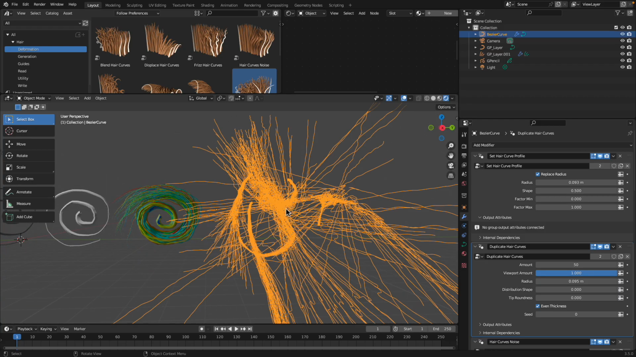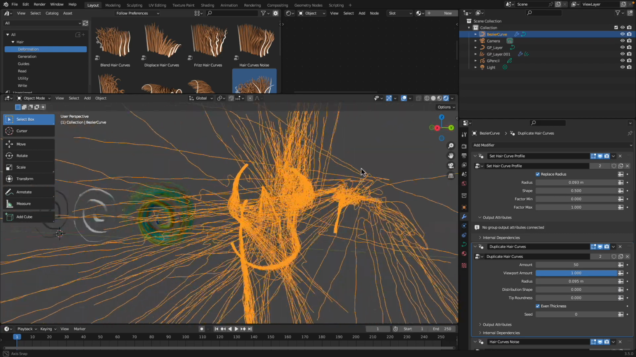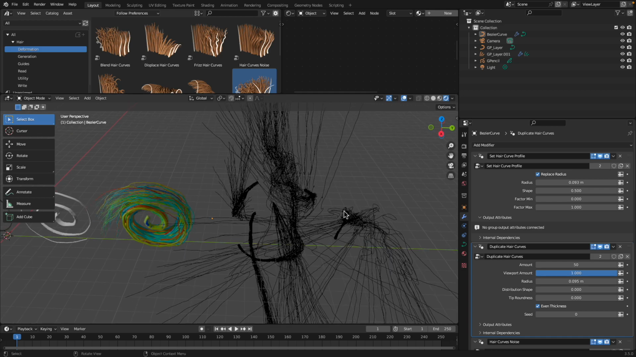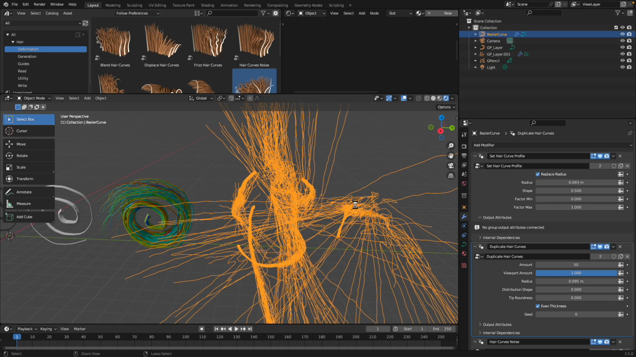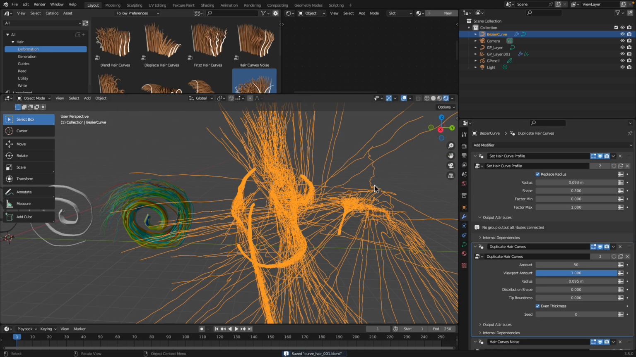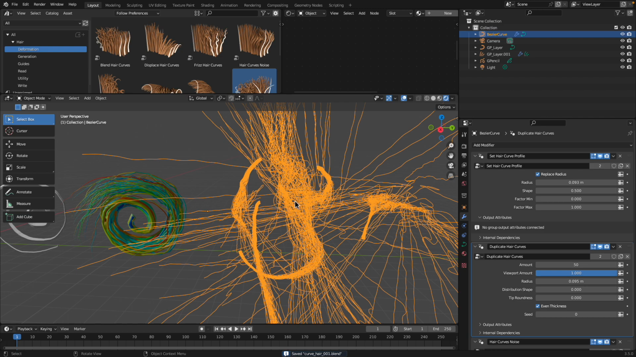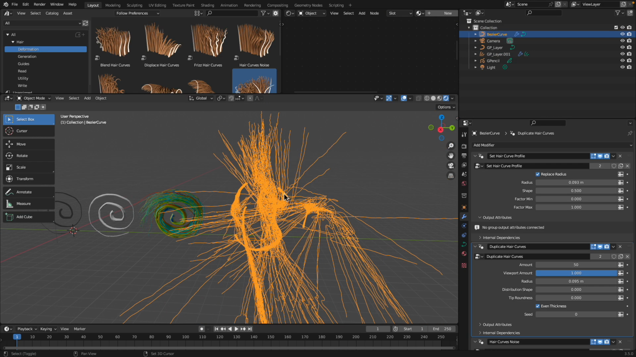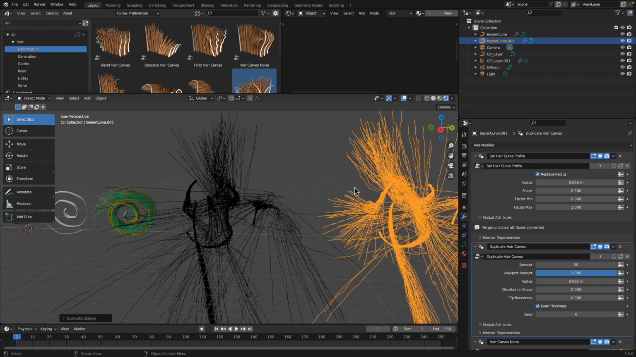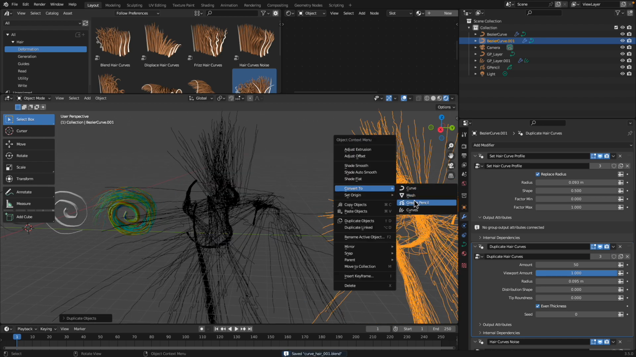And we're starting to get something that's a little bit more interesting. But remember, the effect is totally different. Why? Because this is a normal curve object and this one is a curve hair object. If I duplicate this guy and then convert it into hair curve,